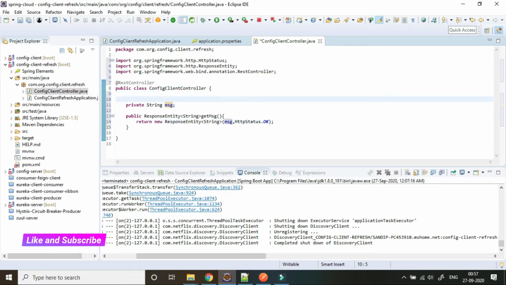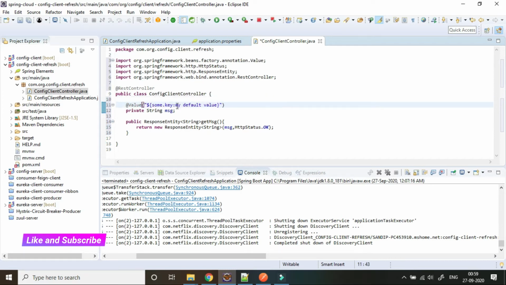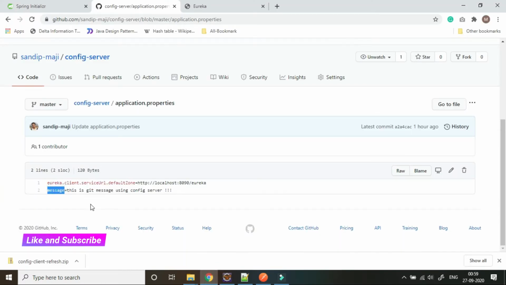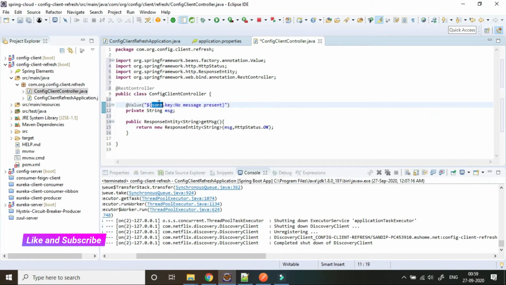For that, we have to annotate it with the @Value annotation. This is our key, whatever we have provided in Git. So this is our default message.